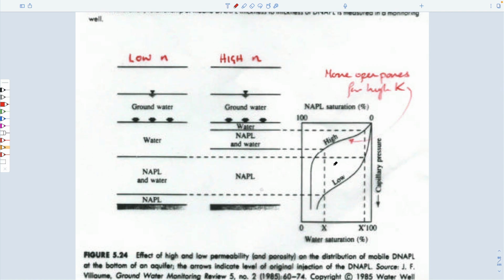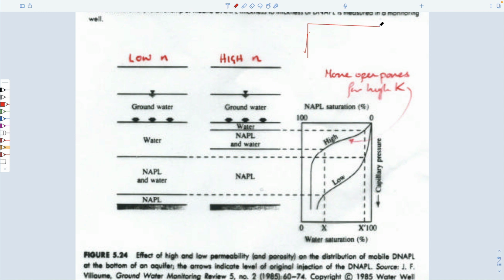So the final thing to talk about, almost the final thing, is that we'd also expect these distributions to be a bit different based on how we think the porosity or permeability would change in the subsurface. So if we have an aquifer which has a high permeability versus an aquifer with a low permeability, the distribution of saturations that we'd expect to get would be less, because it would compress the capillary pressure versus saturation curve, right? Remember, if I draw this curve as upside down,